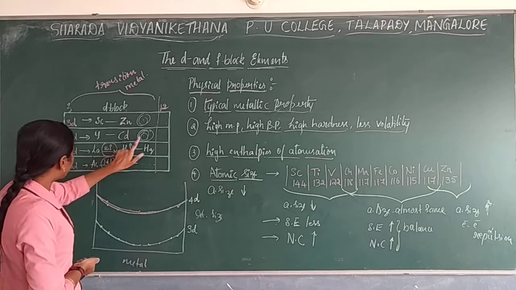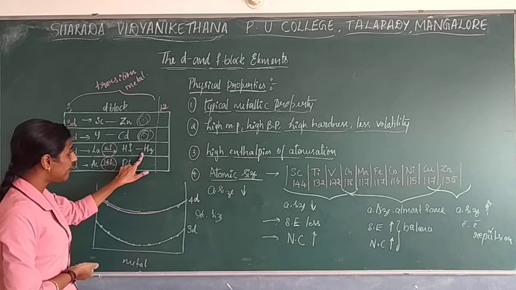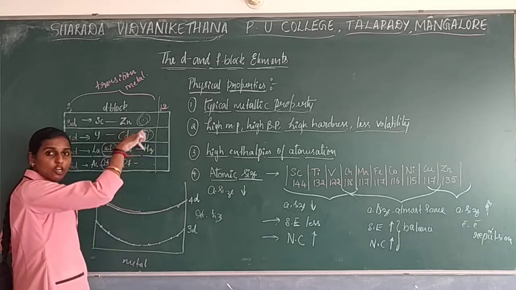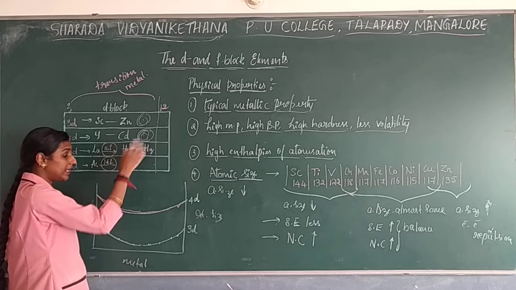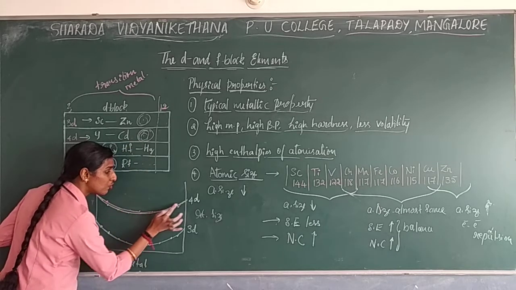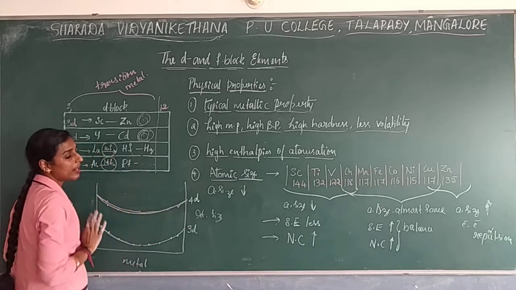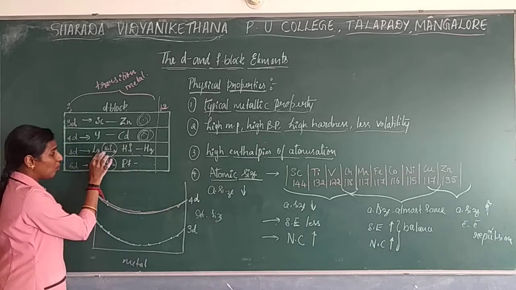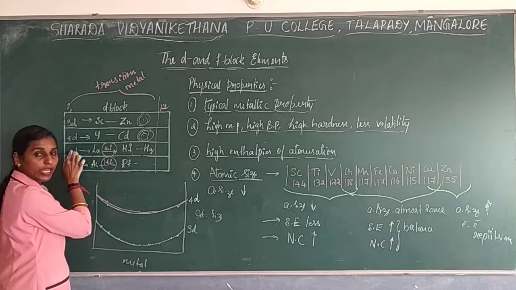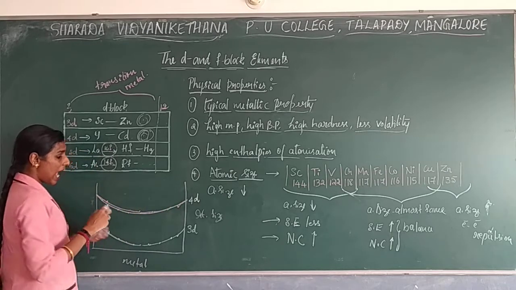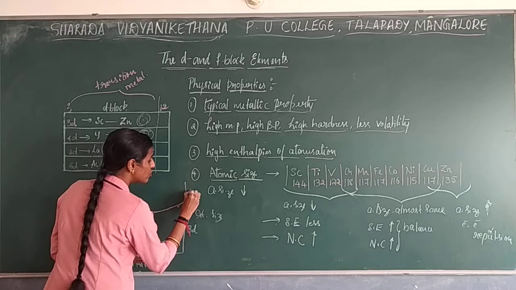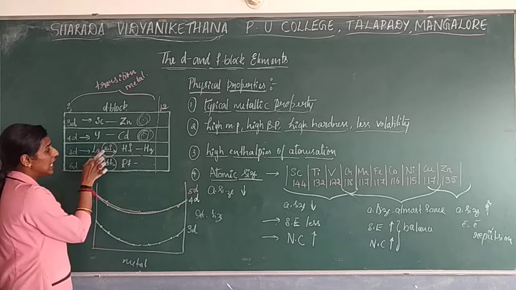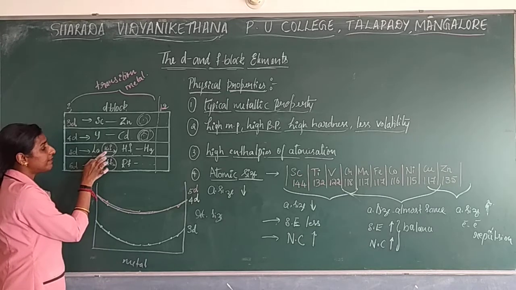As well as when you compare with the next series, the 5D series, there also it will have more orbitals when you compare with this. One extra orbital will be added when you go to 5D. But still the graph is shown almost the same when you compare with the 4D series. Why? This is very important: why 5D as well as 4D show almost the same graph. The reason is important. The reason is how the filling of electrons takes place.